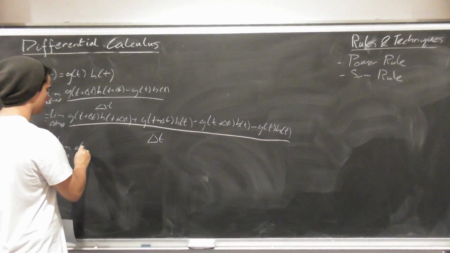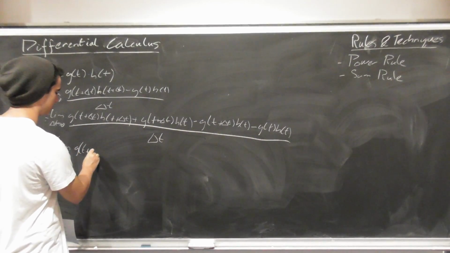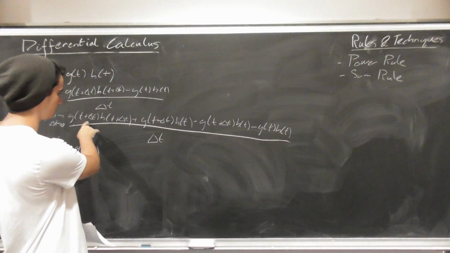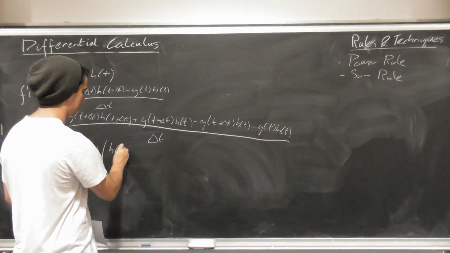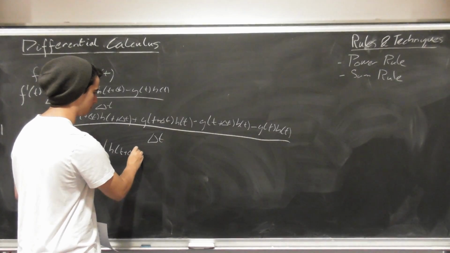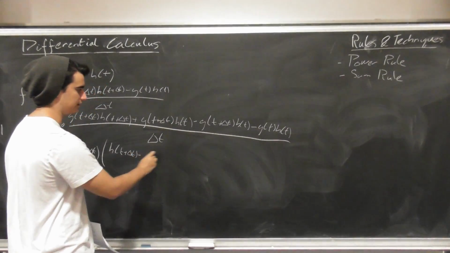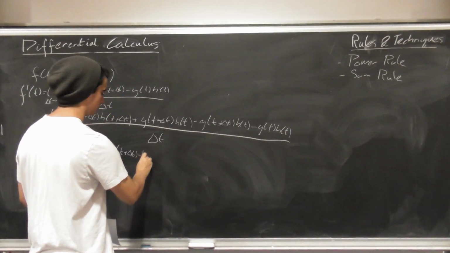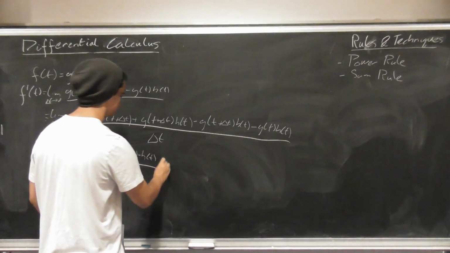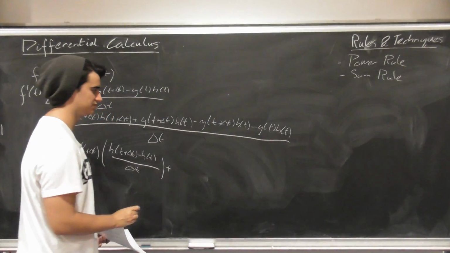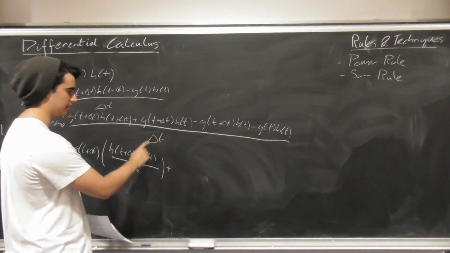So we can group g of t plus delta t here and here, and we can factorize that so that we get h of t plus delta t minus h of t from here over delta t plus, and we can split this up again, we'll get